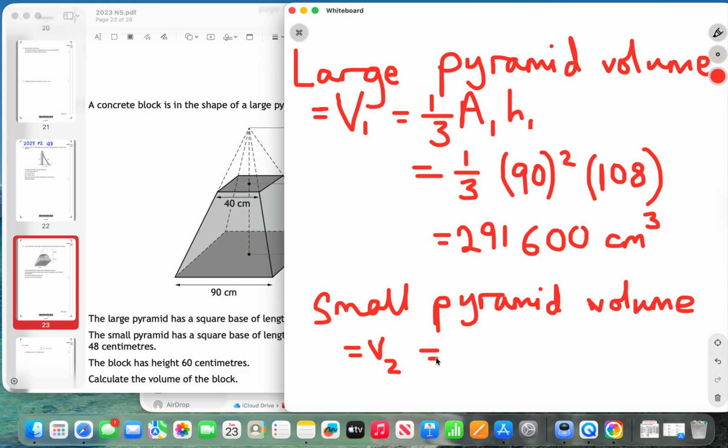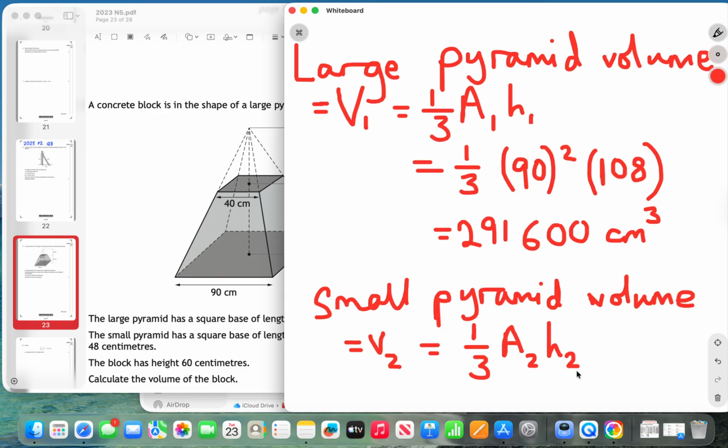Then we write 1/3 A2 H2, so we don't get the A's and the H's mixed up. We then write A2, H2,